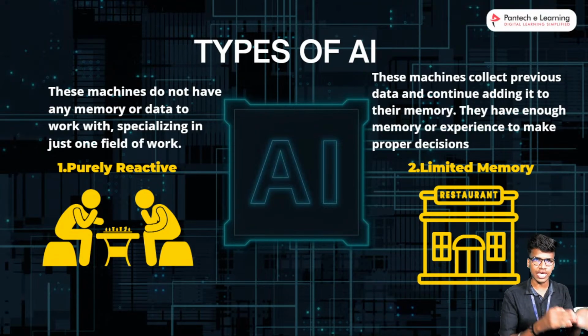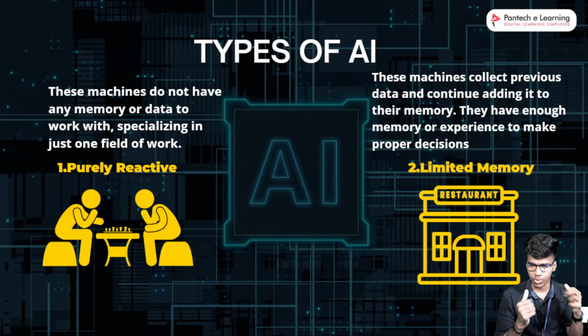Because yesterday I chose a particular restaurant, that restaurant might be providing some offers or a new dish they have introduced. So first of all, they give a suggestion for me based on my previous data. The application gives first preference to previous data, like yesterday's restaurant. Everything happens based on my previous data. That's why we can say this is a limited memory one.